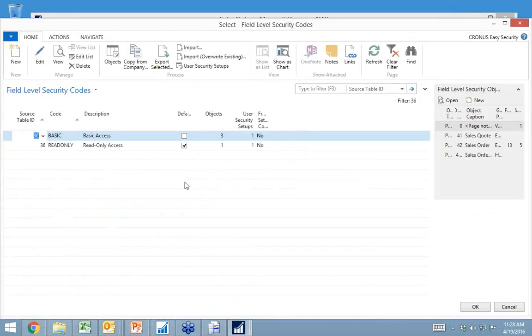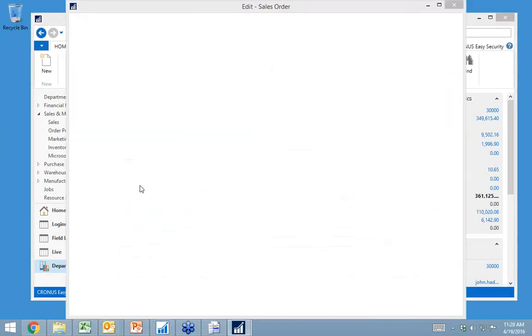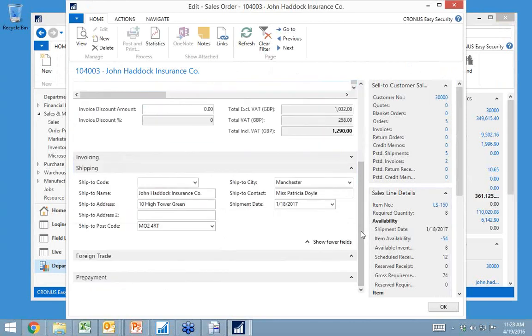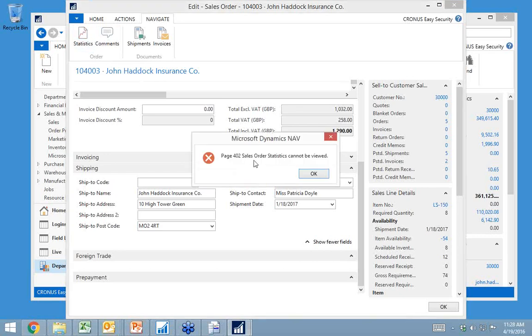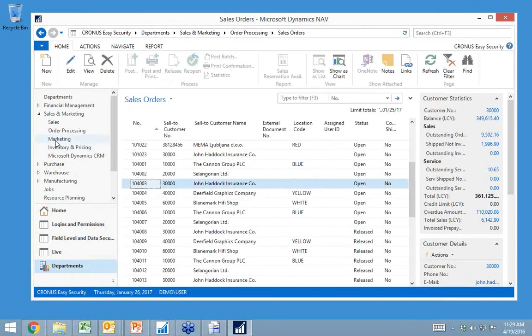A few changes in here to my basic code. And if I now open my sales order, it's going to be very different. A few fields on the Celto tab. The shipping information in here, most of the other things are gone. My ribbon is now really simple up here. There's not a lot of things. And if I click on statistics, I just get an error. I'm not allowed to see that page in here. So it gives you a lot more control on those places where there's typically an issue with it.